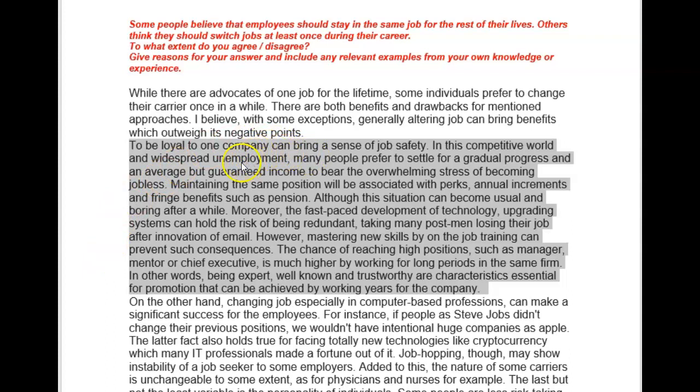You say that people prefer to stay in one job because they get perks, they get fringe benefits, and so forth. Then you tell us that, but it gets boring. Then you tell us that because of technology, some people become redundant, but if you stay on the new job, you can prevent this from happening. And then you talk about the chance of reaching high positions is much higher by working in long positions in the same firm. Okay, so I understood a lot of it, but to be honest with you, I don't understand